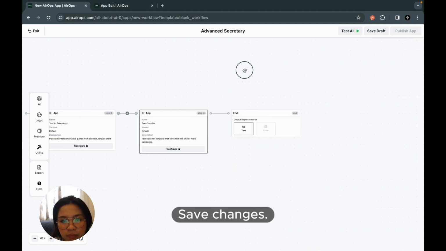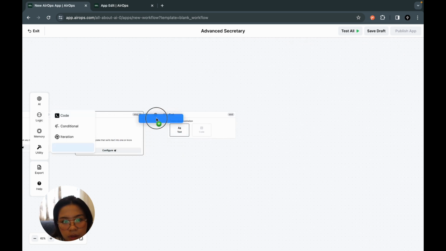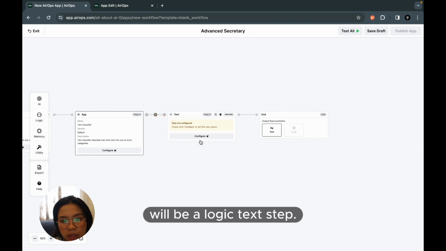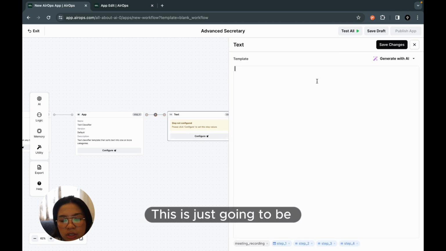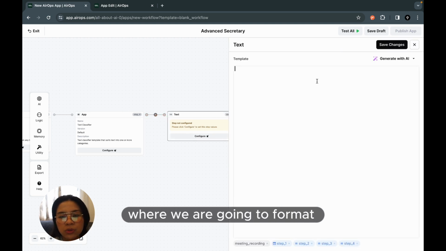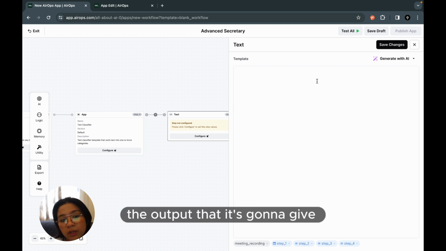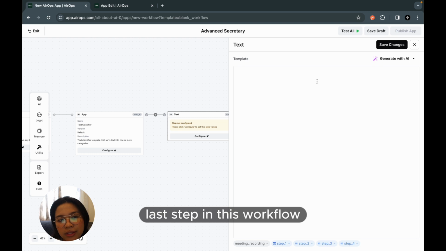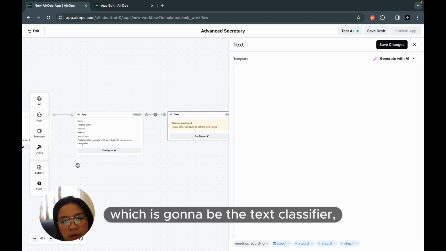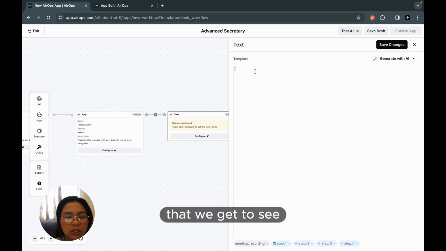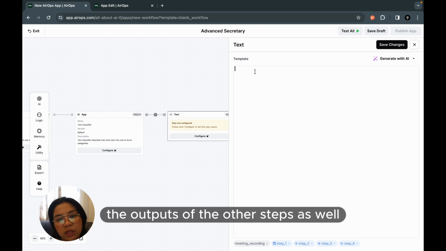Save changes. And then the very last step will be a logic text step. This is just going to be where we are going to format our output. Because if we don't format our output, the output that it's going to give might just be the output of the last step in this workflow, which is going to be the text classifier. And we want to make sure that we get to see the outputs of the other steps as well,